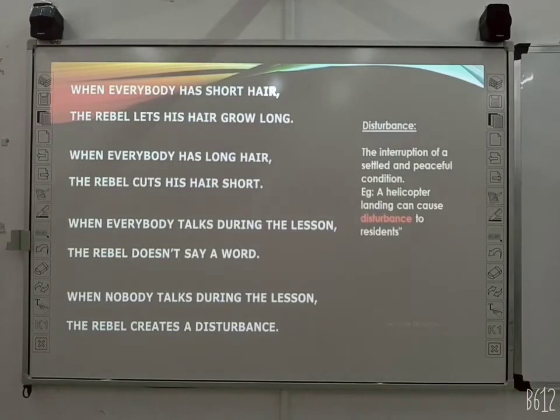So the meaning of the word disturbance: the interruption of a settled and peaceful condition. Example, a helicopter landing can cause disturbance to residents. Moving ahead,